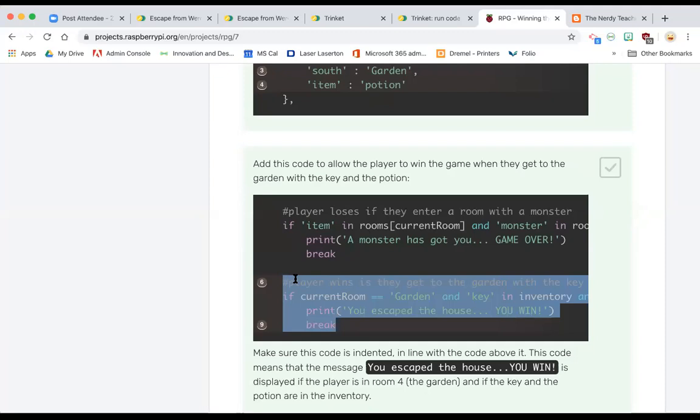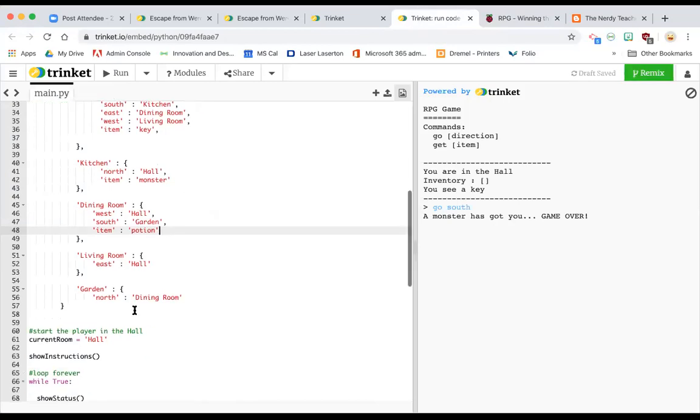Because as the code cycles through, it checks for certain things. So if you don't check your item and your monster gets you first, it'll skip that and you'll never be able to die because it's checking those things. So order of operation is important. It's a great thing for kids to think about. How things happen in code teaches you that one thing after another, top to bottom, is what's being recorded. So we go all the way back to the bottom here,